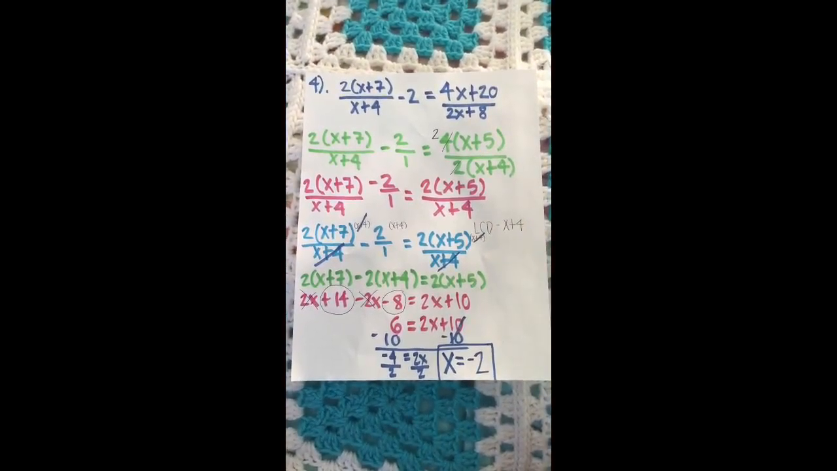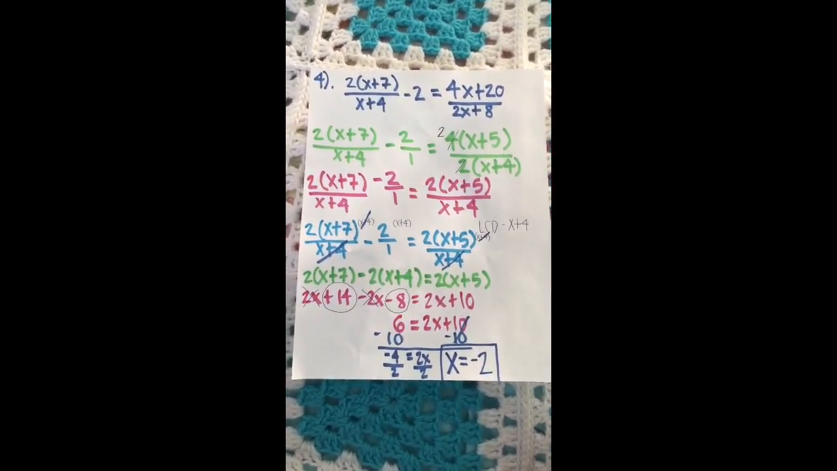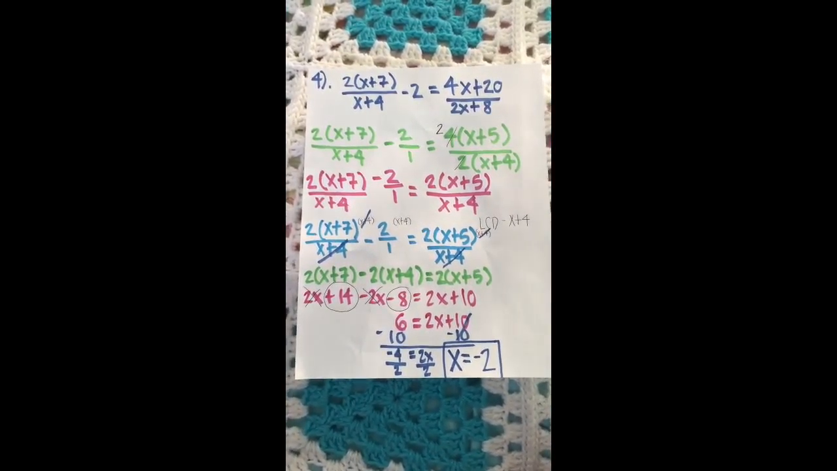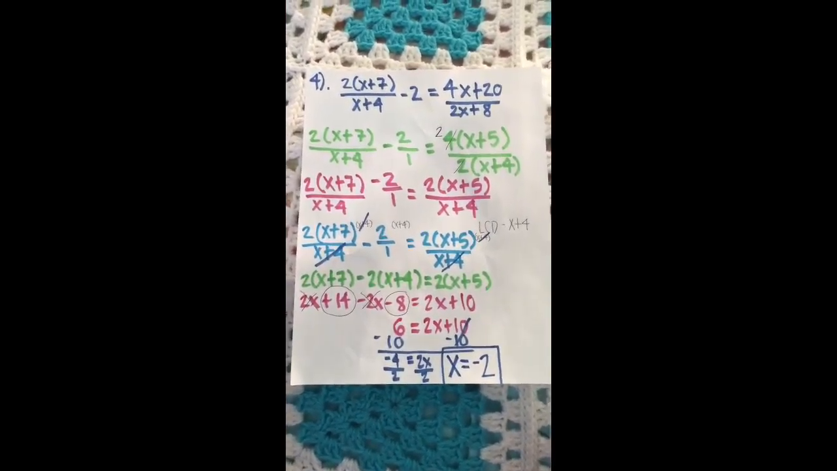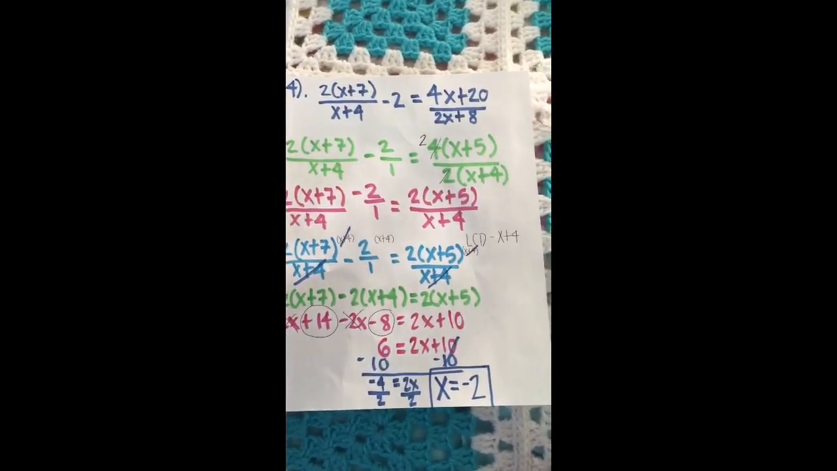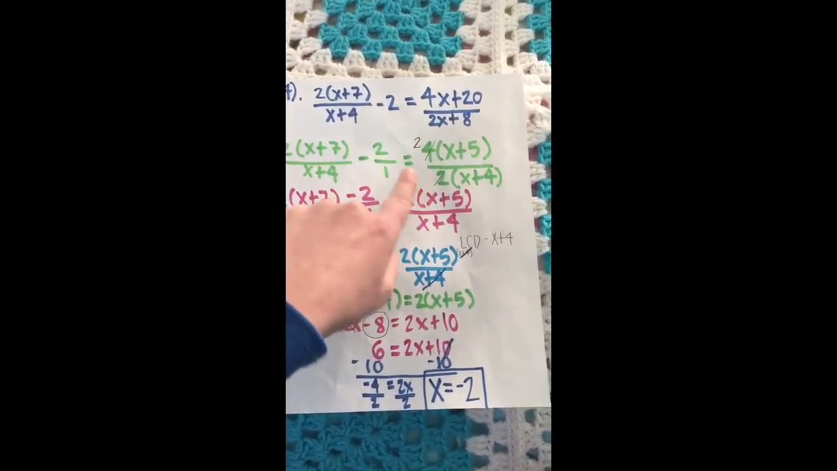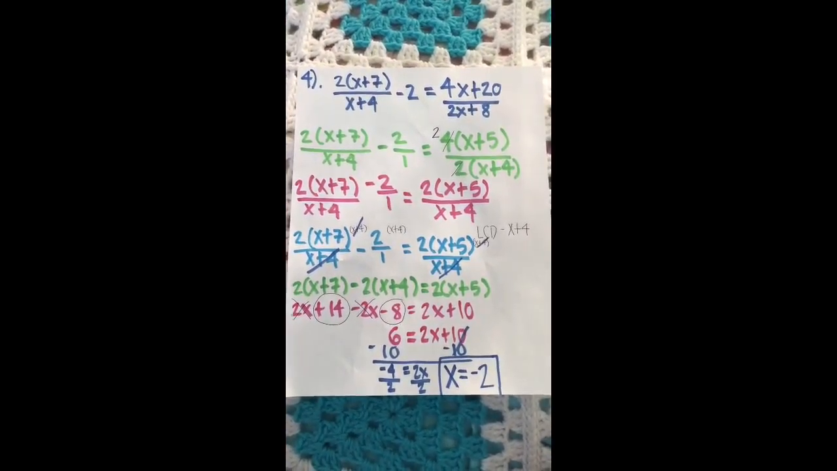Mr. Suhu, get ready for the first problem. For this problem, we are solving rational expressions. We have 2 parentheses x plus 7 over x plus 4 minus 2 equals 4x plus 20 over 2x plus 8. First, you're gonna put negative 2 over 1, and then you're gonna take out the common factor. You're gonna factor it, and then after you do that,